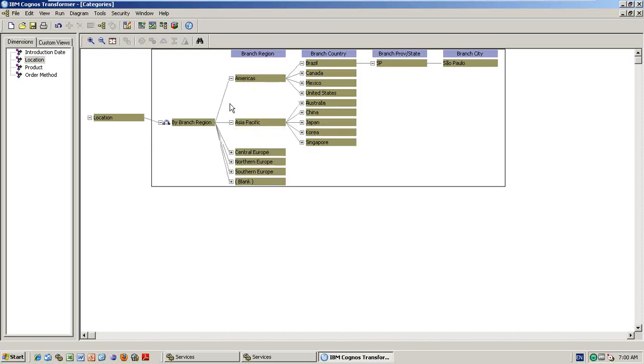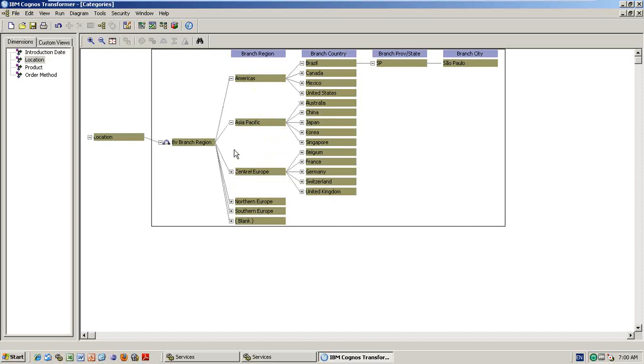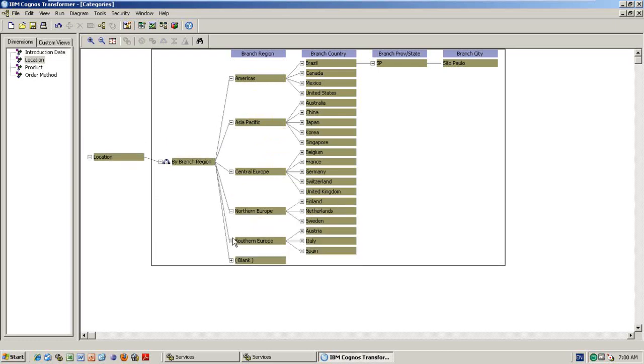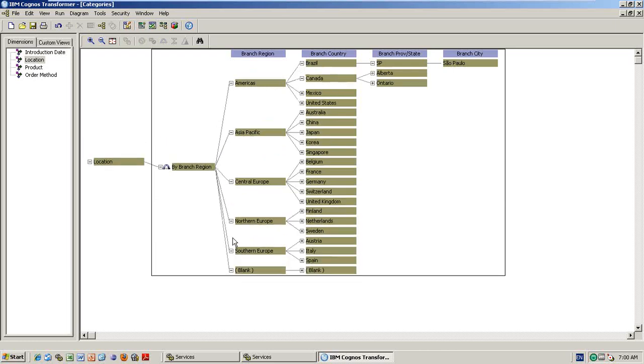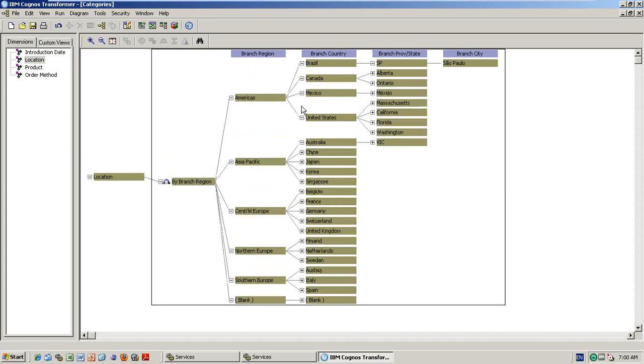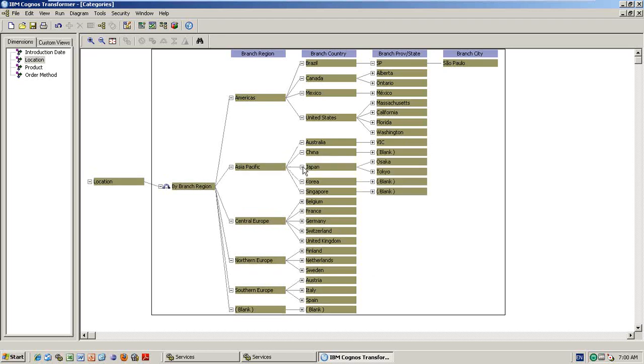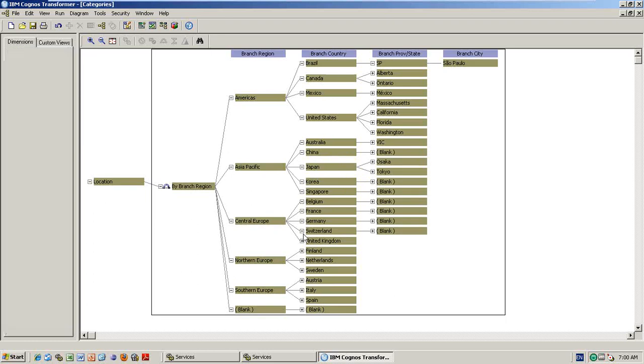All the data, all the categories will be populated. So if the data is available, obviously you will get it.